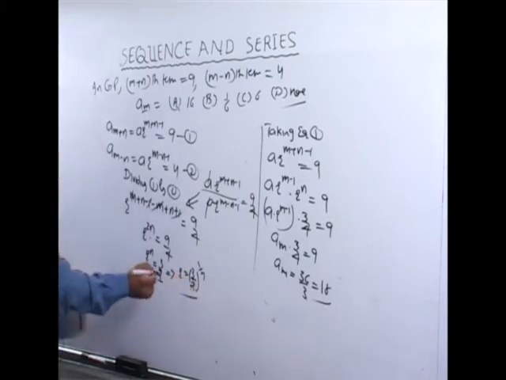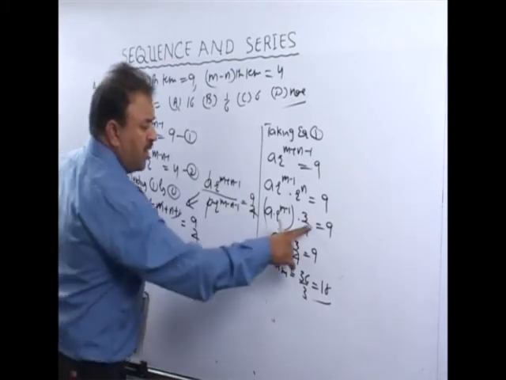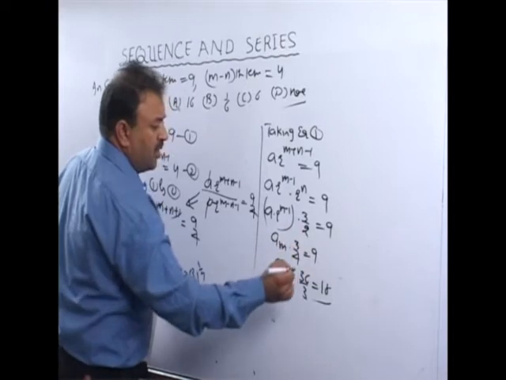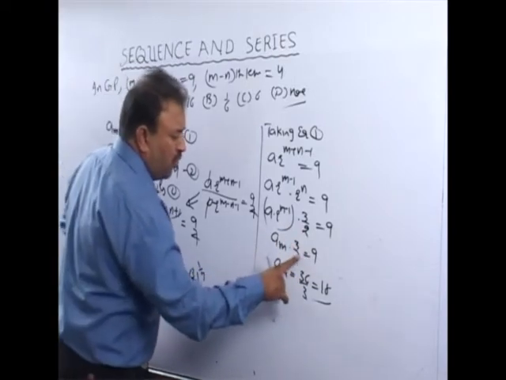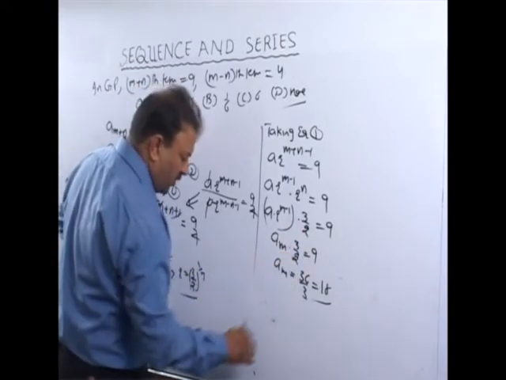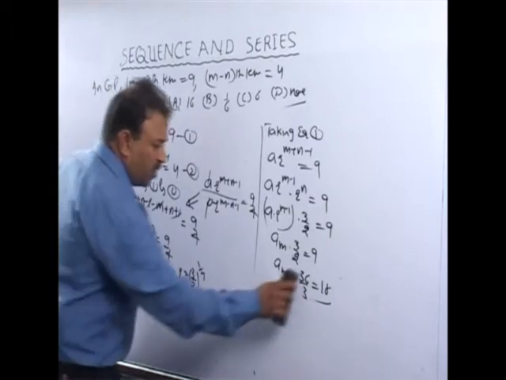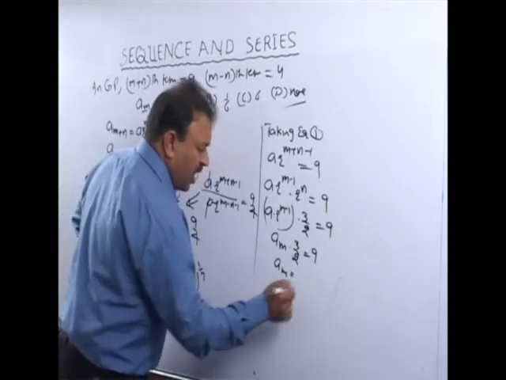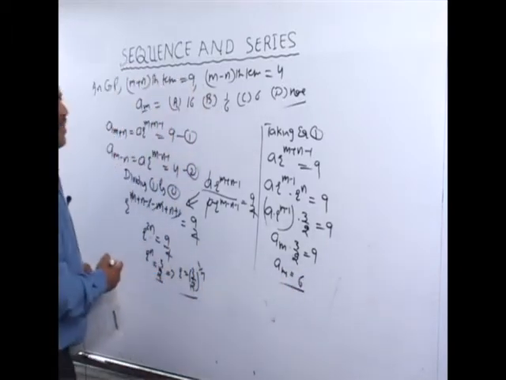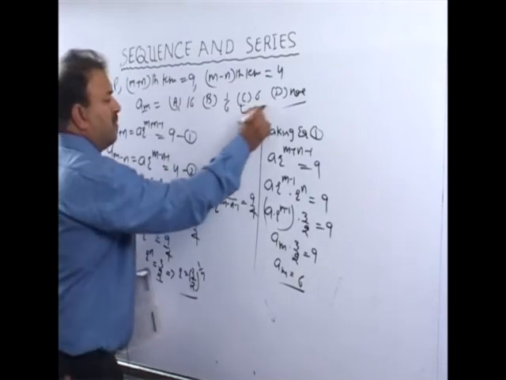Sorry, I made a mistake over here. It is 3 by 2. Here also it is 2, and then it comes out to be 2 over here also. We got 18 by 3. We got 6. So the mth term comes out to be 6. The right option comes out to be C.